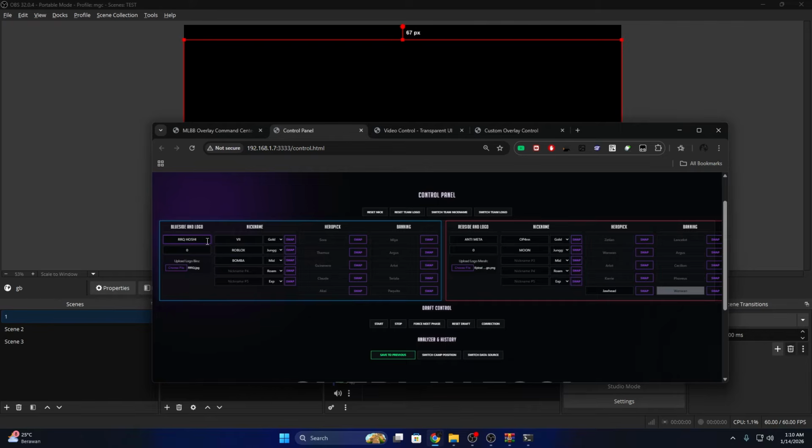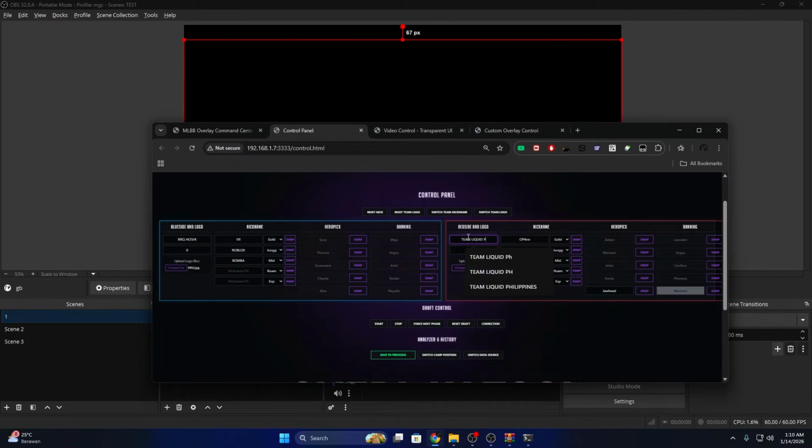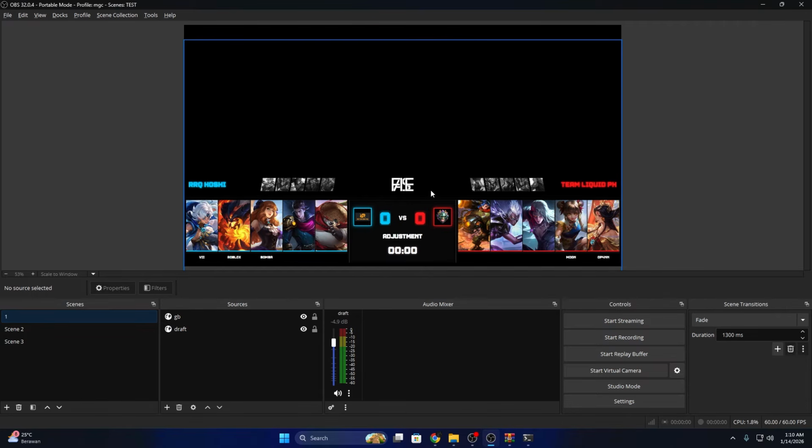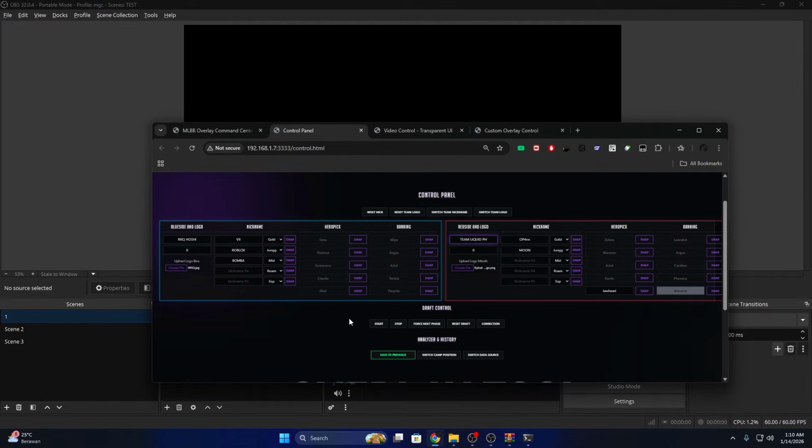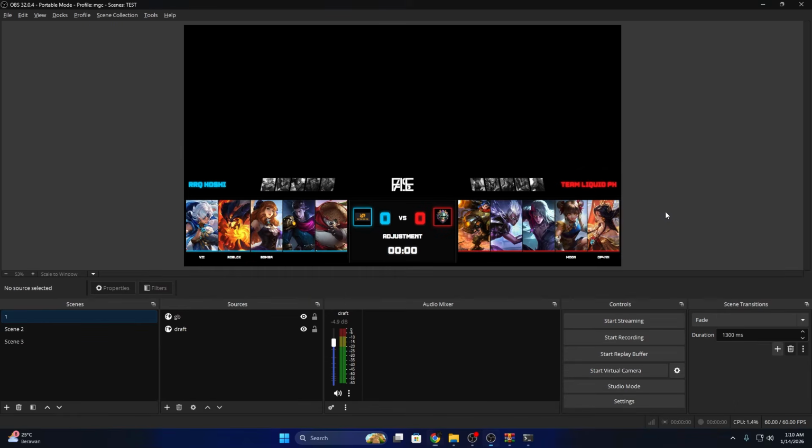So I'm going to change this team name first, maybe this one is RRQ Hoshi, and then the second one will be Team Liquid PH. Okay, as you can see, the global ban is not working, because the team name is not the same as the previous data. So now what we are going to do is click this save to previous, and it will be saved. Now the global ban is working.